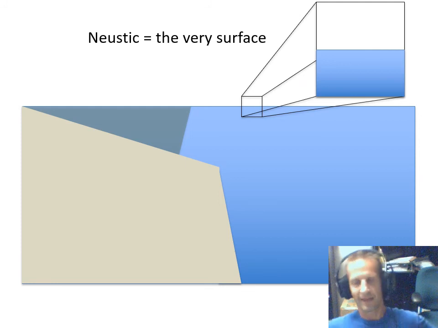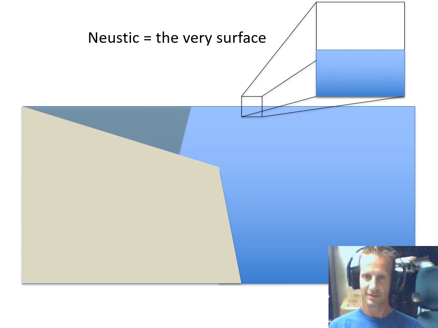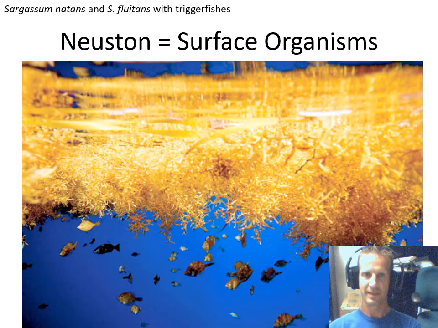Okay, moving on from my personal story and back to the meat of the lecture, there's a very special part of the pelagic ocean called the neustic zone, and it refers to the very surface layer. So what's floating on the surface or just beneath the surface is a subset of the pelagic zone called the neustic zone. And there are a variety of organisms that are specially adapted to living right at the